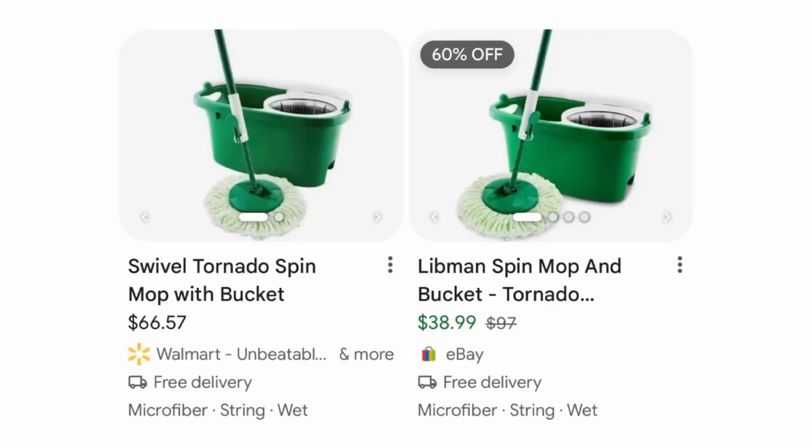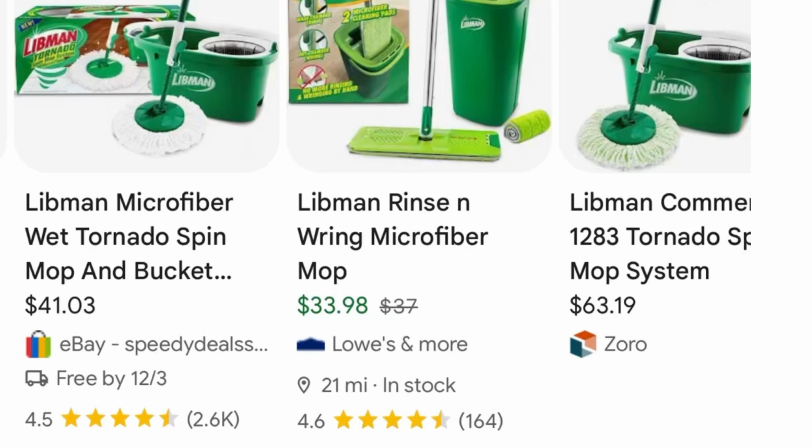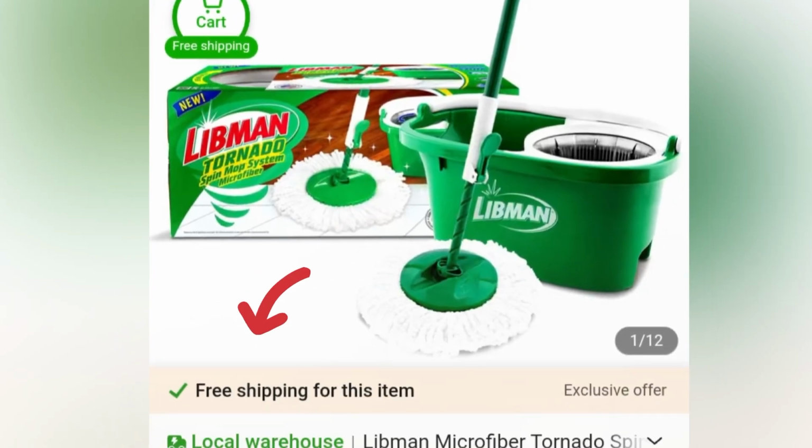Now, when I priced this out online, I couldn't believe some of these prices on this mop went over 60 bucks. Well, who says Temu doesn't have brand name? And it's